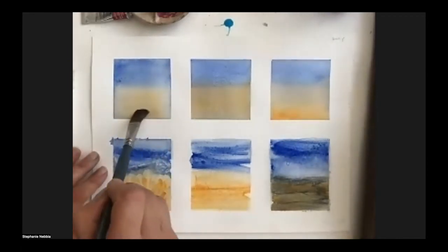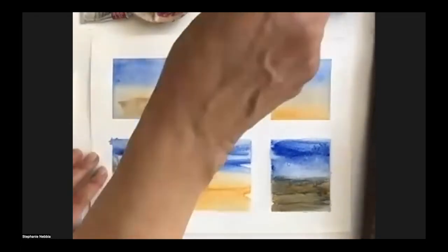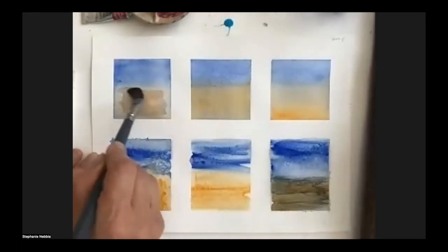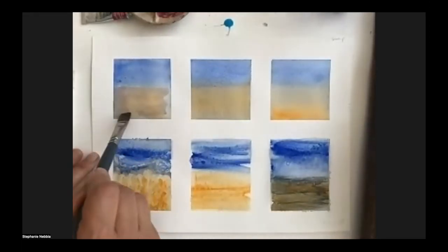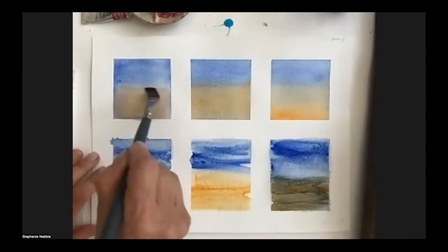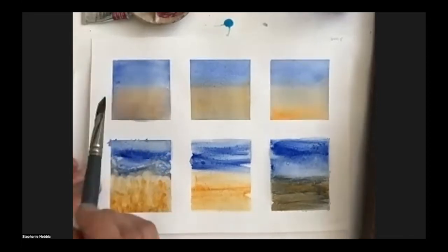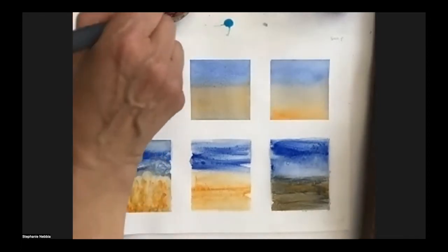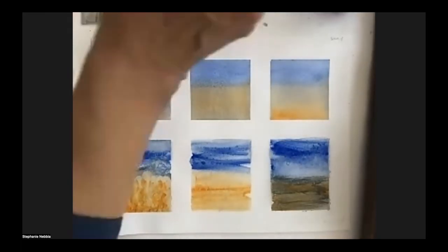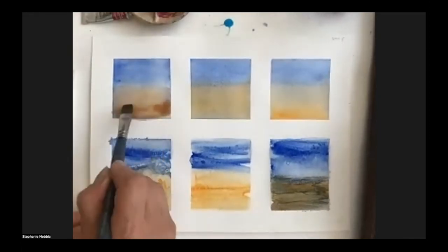And also, if you want to lift watercolour, the great thing about it is that you can lift colour if you want to move it around a bit more and you feel that it's not doing what you want it to do. So I'm just adding water here, and what I would like to do is add a tiny bit more orange and some more water in the foreground, just to make the foreground a little bit more